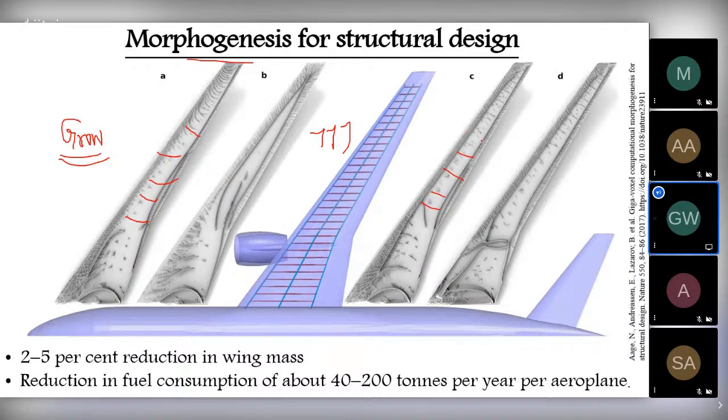So this kind of technology helps in weight reduction or mass reduction of the design. When we reduce this mass, the manufacturing cost can also be reduced. And of course, by reducing even 2 to 5% of the weight, as you know, commercial airliners weigh tons and tons, this kind of bio-inspiration can help in saving 40 to 200 tons of fuel for each plane every year. So imagine the cost we can save with the increasing petroleum costs these days. So this may be a significant